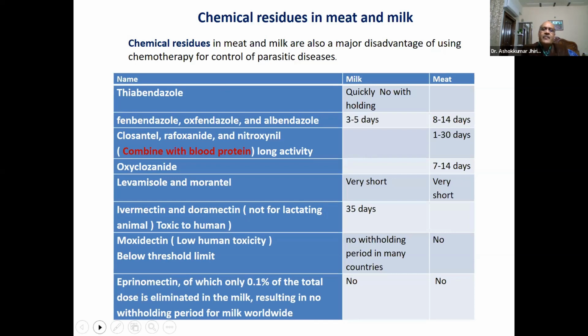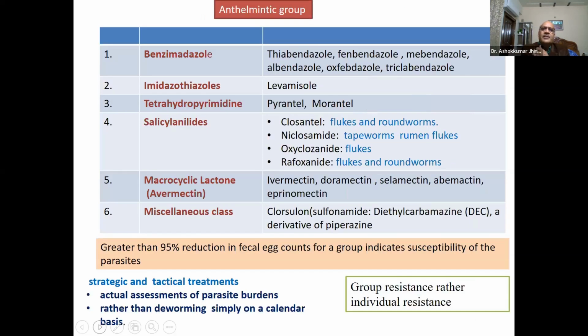Next one. So now we have different classes of anthelmintics for the treatment of animals. Benzimidazole compounds, a number of compounds. Imidazothiazole compounds, levamisole, tetrahydropyrimidine compounds, salicylanilides. They have different activities against the flukes, tapeworms, and the roundworms. Macrocyclic lactones, that comes with ivermectin, doramectin, and eprinomectin. Miscellaneous class, having different classes. So they should be used